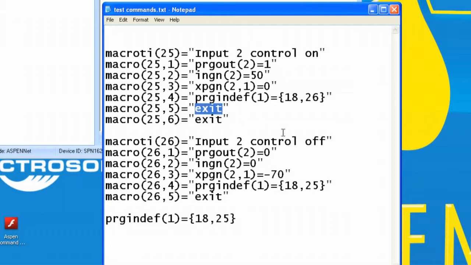I now want macro number 25, line 5, to send a string out the serial port to the projector. So the command for that is send, str for send string, and the number 1. 1 indicates serial port, 2 indicates the IP port. Okay, now we want to set it equal to a string. It could be anything you want. It could be a hex value, it could be a simple string value, it could be a combination of string and hex, and you can format these strings, and we'll get into how you can do that a little bit later on. Right now I'm going to set this equal to